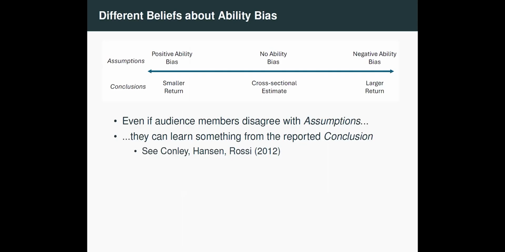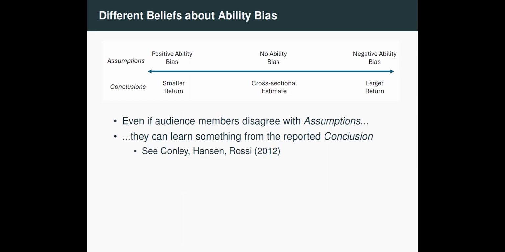Now, one interpretation of that coefficient is that it is a really good estimate of the causal effect of an incremental year of schooling on the log of earnings. That's possible, but that's only true under very, very special assumptions. Probably many people in the audience for that research don't believe that.